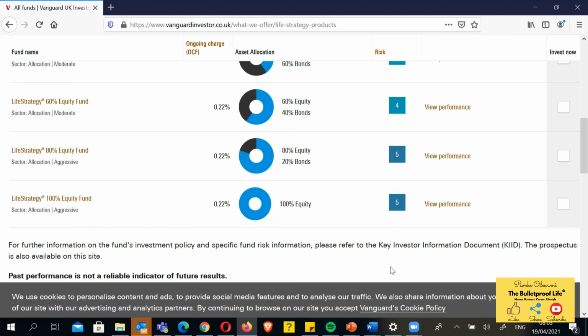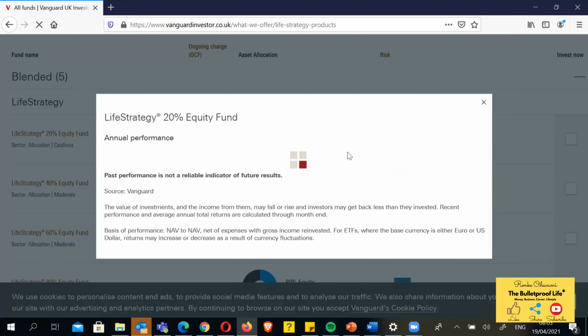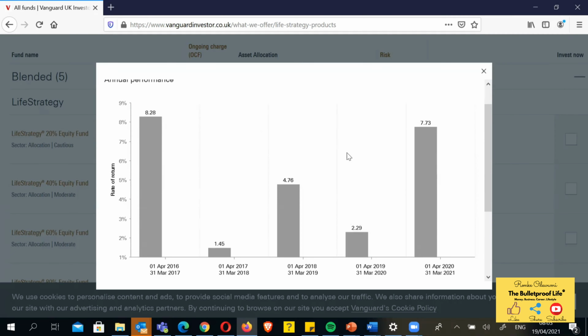They are considered aggressive investing because 80 to 100% of your money goes to equity, and that's why their risk level here is 5, which is quite high. But for me, that is a fund that is quite aggressive. Now, if you look at the performance of a 20% equity fund, which has low risk,